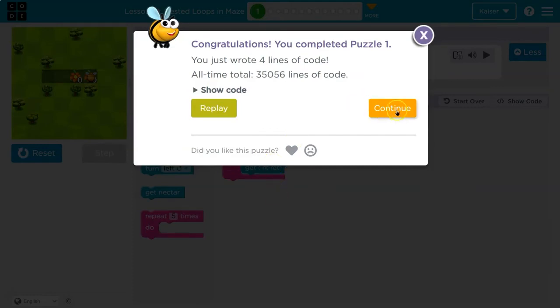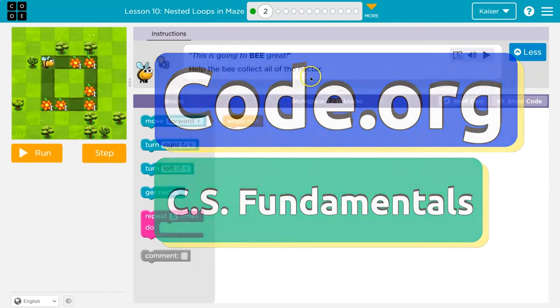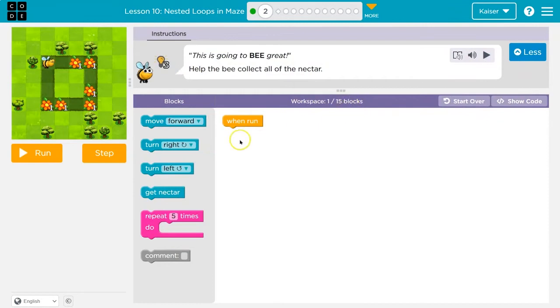Let's keep going. This is code.org. What do we have? Help the bee collect all of the nectar. We have 1 block here. I can use 15. That's a bunch. Okay, first I'm just going to throw stuff down. 1, 2, 3. Am I at the edge there? I think I am. We have a lot of blocks. I think I turn right, and then...